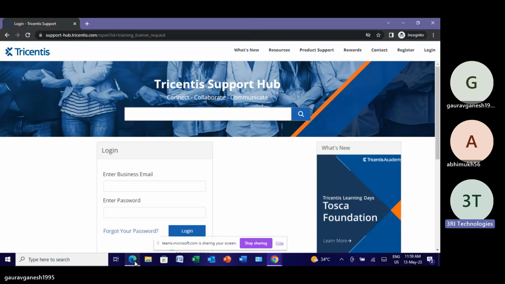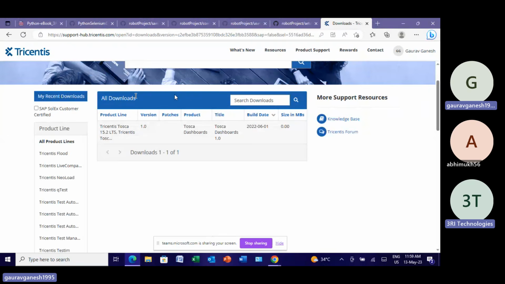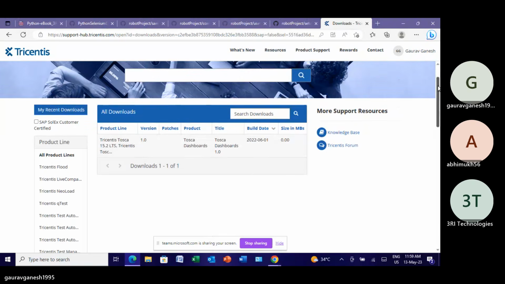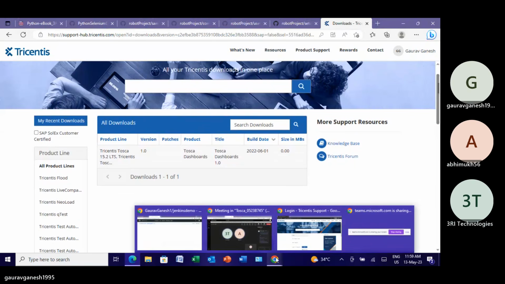Okay. Let me check with Seema whether she has to make some config changes, or you can tell me. I can download it. That's company credentials, right? So that is the reason I'm a bit concerned. Okay.